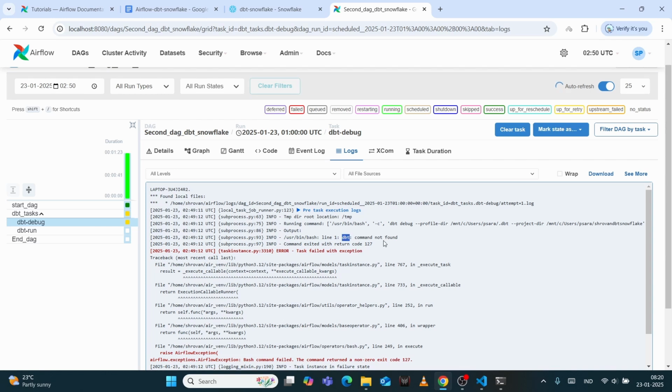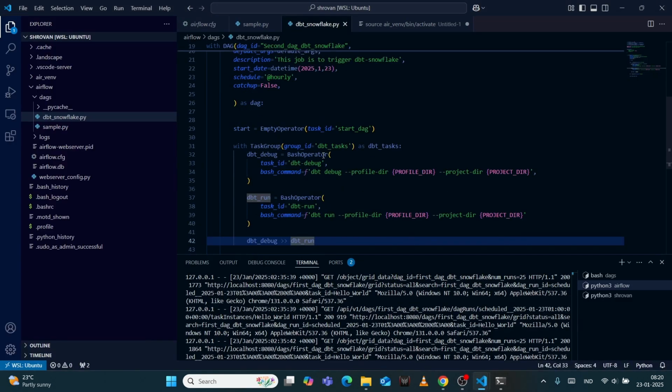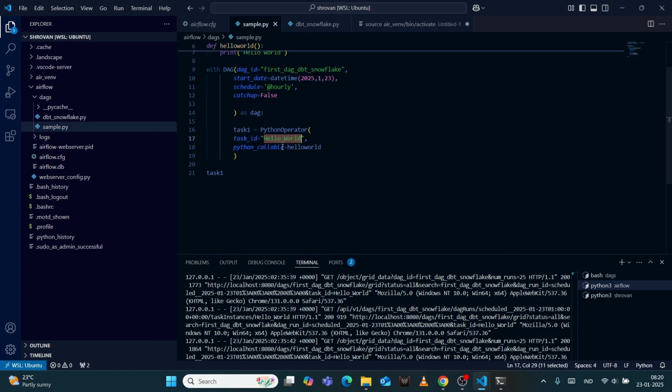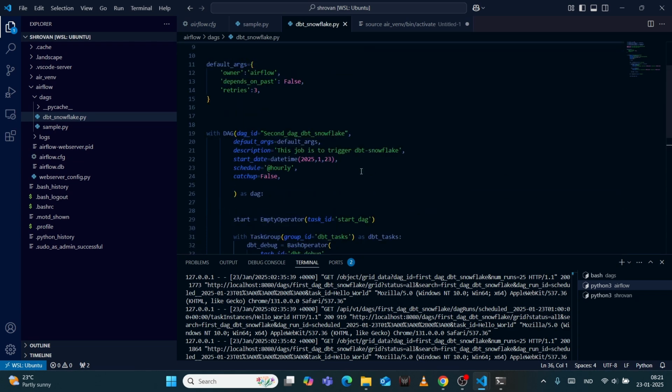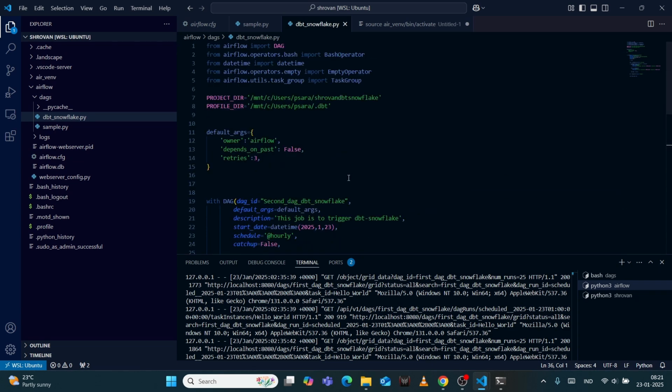If you see here, dbt command not found. In our Python code, I have given a command called dbt, right? So it's gonna run this bash command. Earlier, it was just Python and hello world, and since Airflow has Python, we didn't have any issue. But this dbt debug is a command related to dbt. It's not related to Python or Linux. So we got a failure. So now what we have to do? We need to install dbt